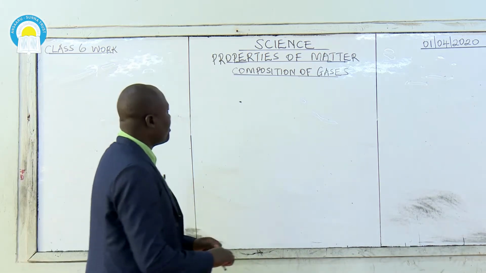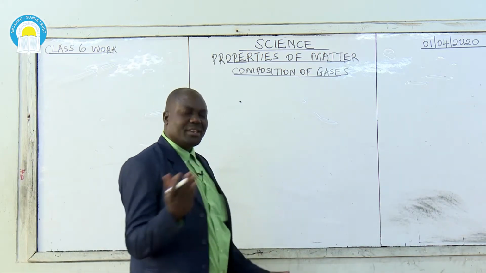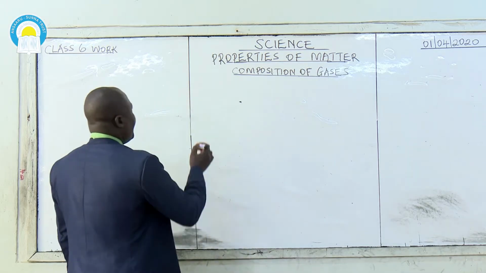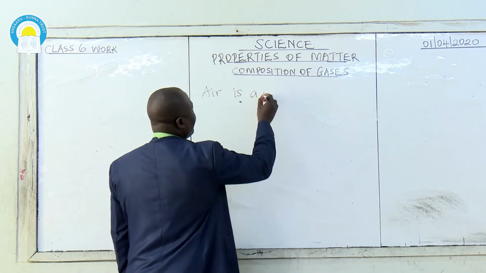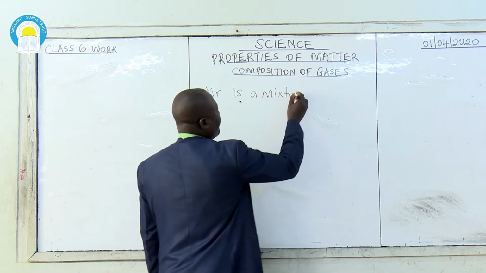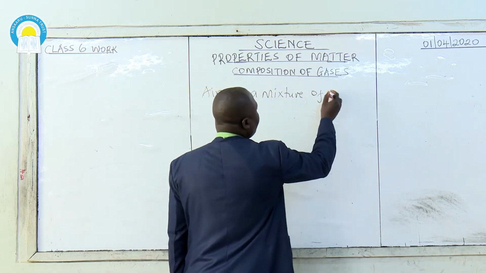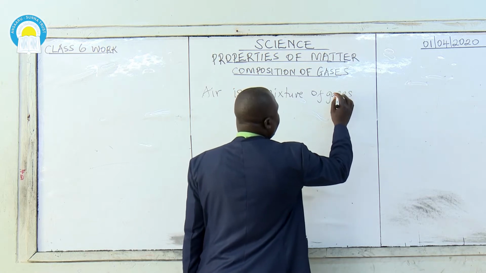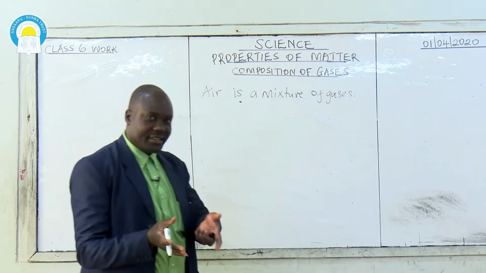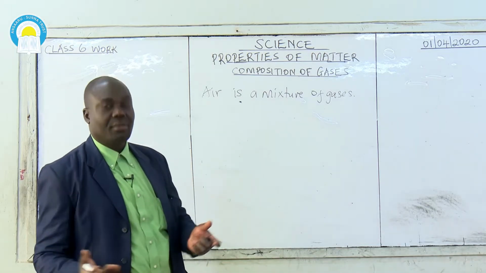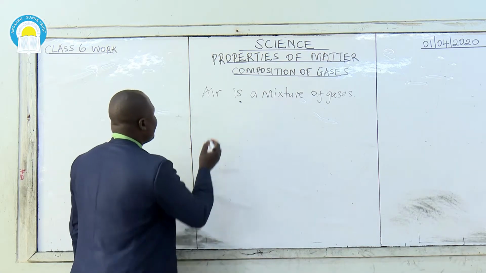So when you talk of composition of gases, what's a gas? Remember, air is a mixture of gases. Air is a mixture of gases. When I talk of the gases, there are many components of air. So these gases are,